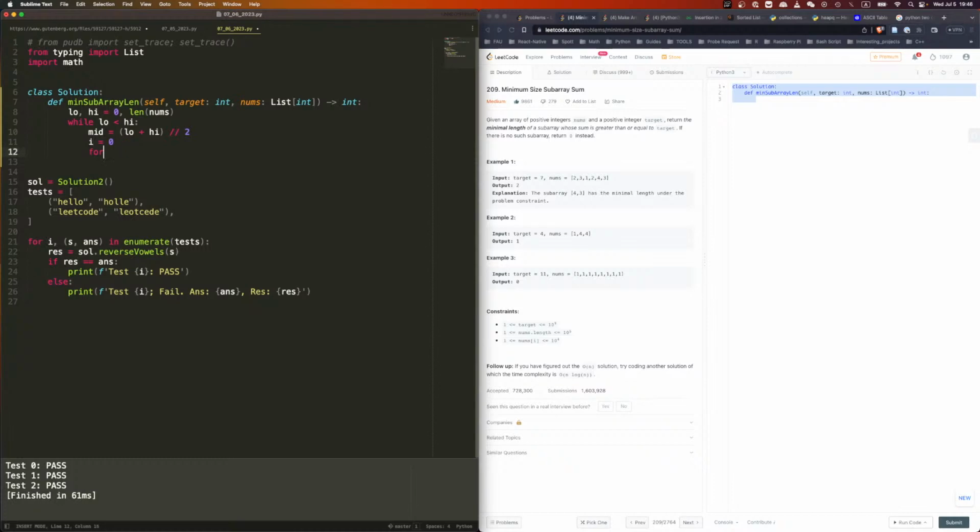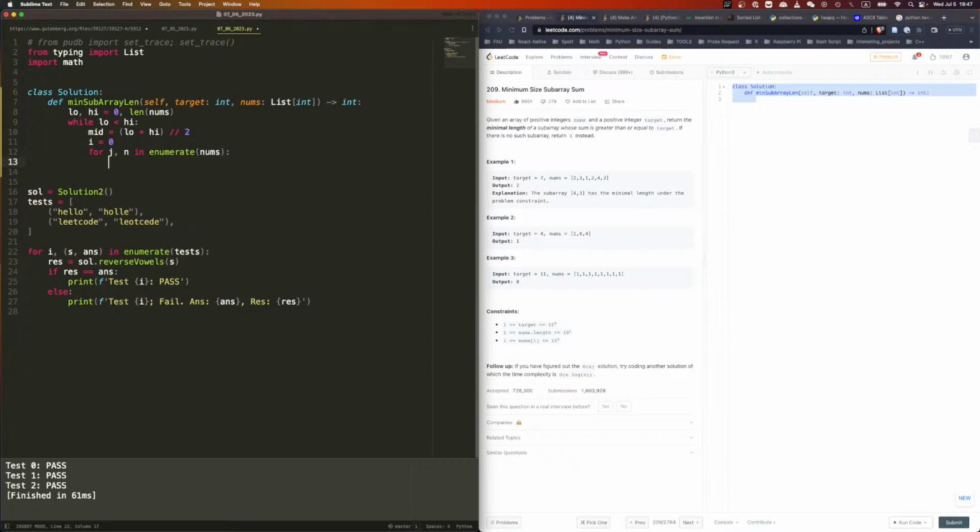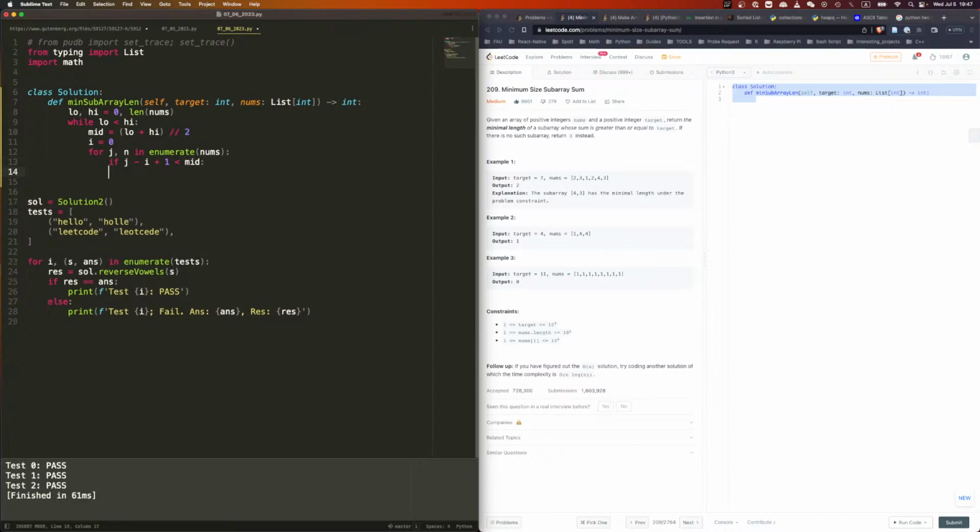So for j, n in enumerate nums, then we say if j minus i plus 1 is smaller than mid, then